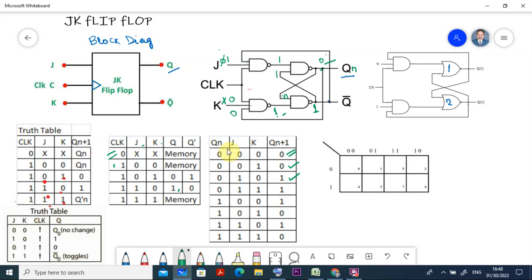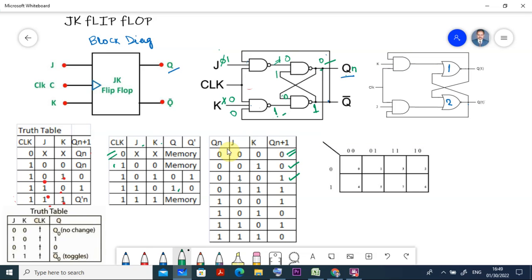So this is 1, and here also you got 1, and the clock is also 1, so all are 1. That means the output here is equal to 1 and it becomes 0 here. So 0 and 1 becomes 0 here, and the memory q1 becomes 0. So in this way you can go on changing all the things, and the new state Qn+1 becomes 1.